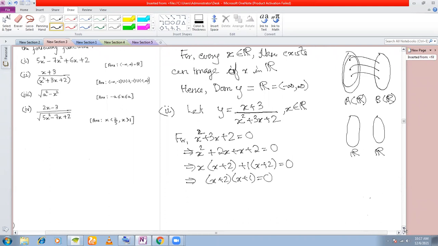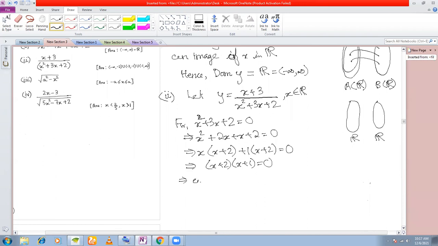So what are the values of x for which you get no image? For x is equal to -2, does it have an image? No image. For x is equal to -1, does it have an image? It does not have an image. That means from the set of real numbers, if I remove these two thorns, will my road be clear for it to be a function? Yes. So therefore, I define the domain of this function to be the set of real numbers from which I remove these two elements, -2 and -1, because they were creating problems. They did not have an image. Now it becomes a function.